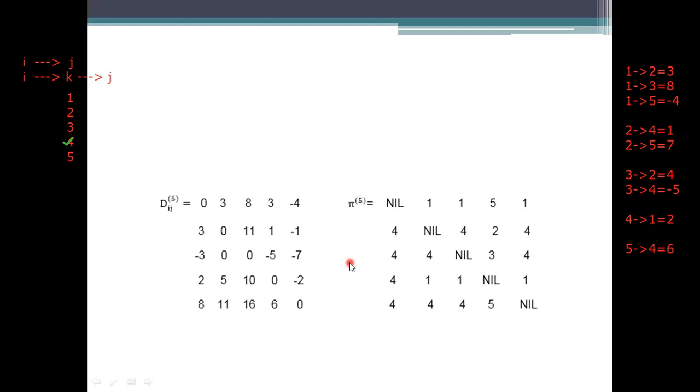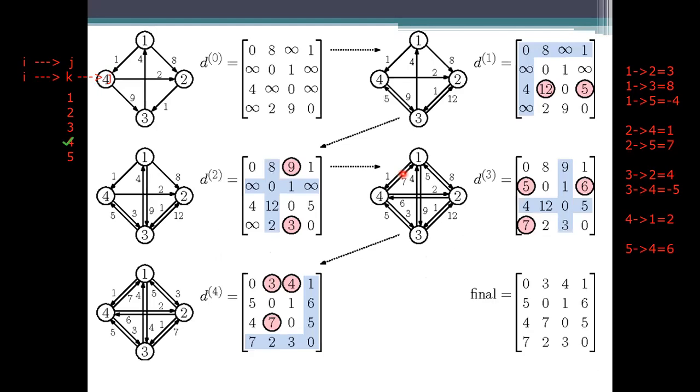So if you see, most of the elements have the parent 4. 4 is being chosen for processing the values here, because it is reaching many values here. Okay. So this is the example for the Floyd-Warshall, or the all-pairs shortest path algorithm. This means Floyd-Warshall is one of the algorithms we are using for processing. That is not the only algorithm we are using for the processing.